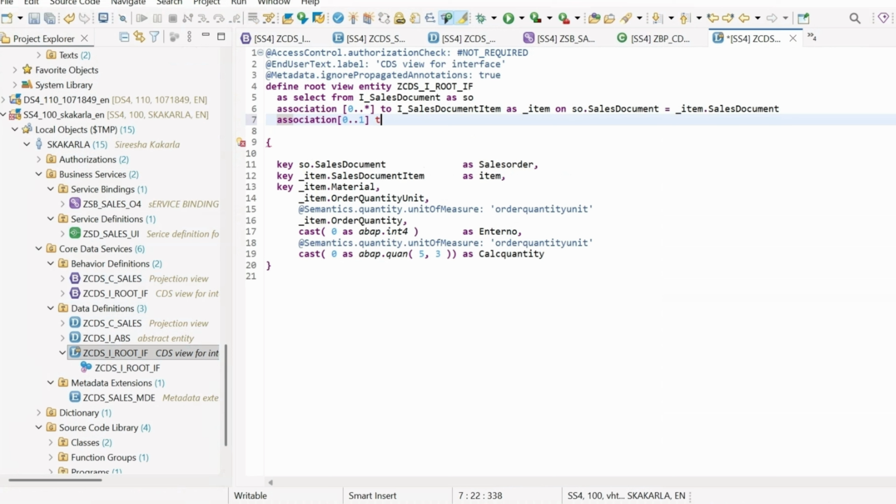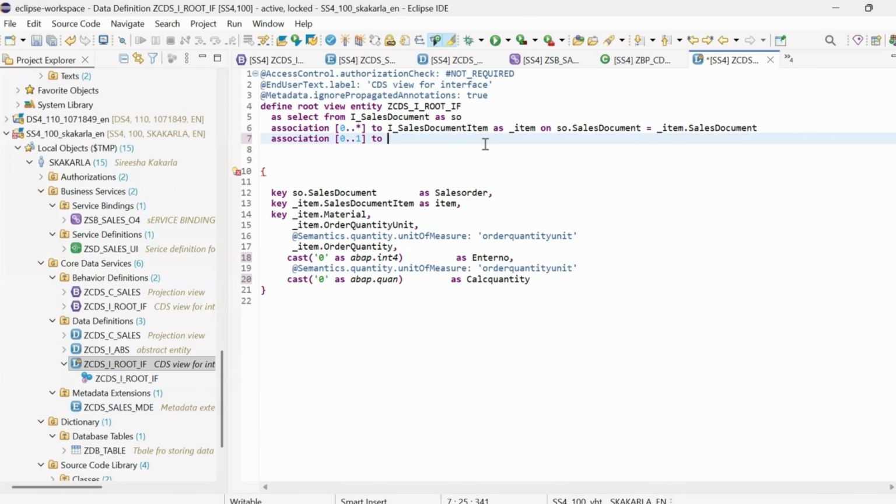And what is our table name? This table name which is zdb underscore table on. I wanted to map it with sales order,